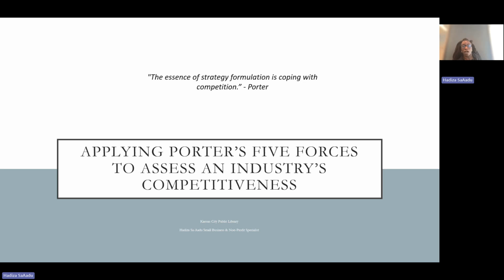As far as a roadmap of our time today, let's talk about some of the learning objectives identified through this program. The first learning objective is to contextualize the origins and the use of Porter's five forces as a framework in order to develop a strategy. The next is to identify the steps anyone can take to set up for a good analysis of the five forces. Third, we're going to familiarize ourselves with each of the five forces that are used in the framework.